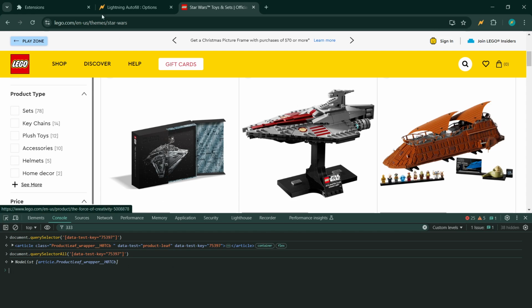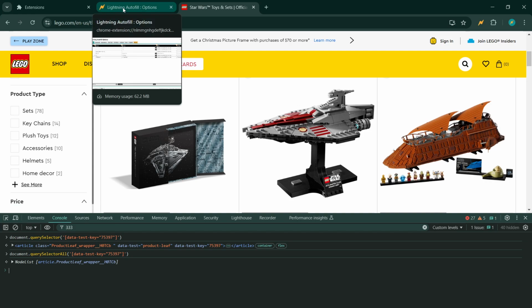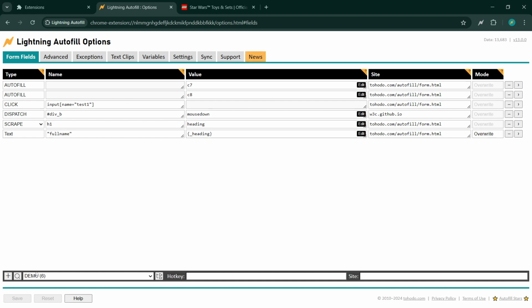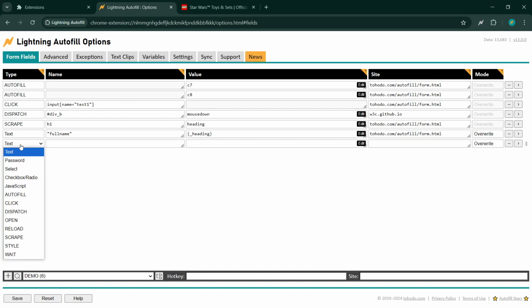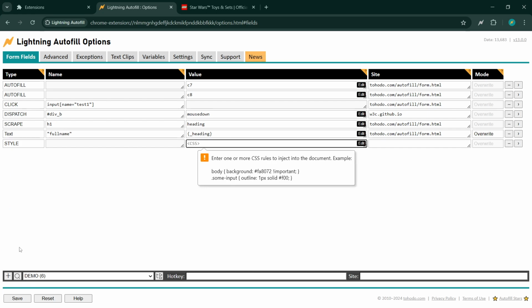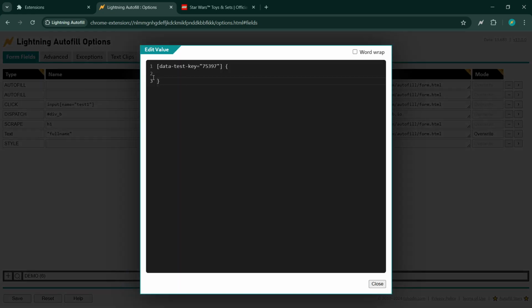So we're going to go ahead and create a CSS override action using style. And you can see an example of CSS here. We want to override this style for that one tile. Click on edit to open up an editor, which makes it a lot easier to type.